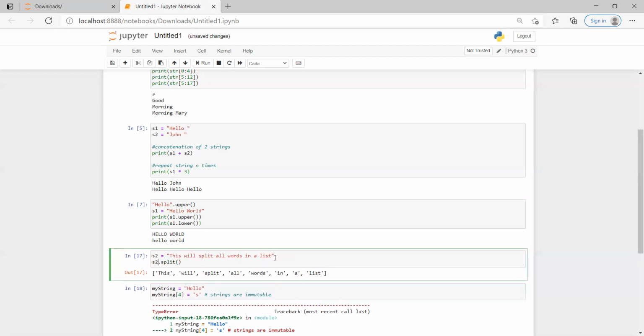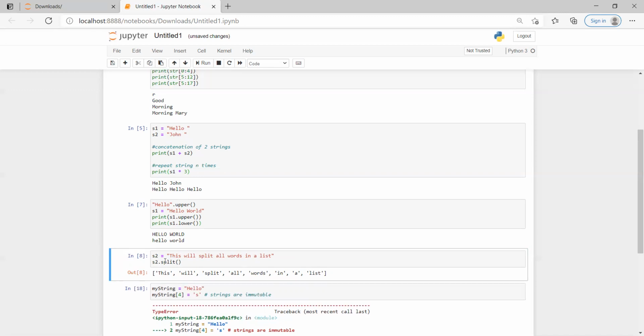Now I want to split it, so just mention the variable name dot split and run. It returns a list of words from that particular sentence. This is the function of split.